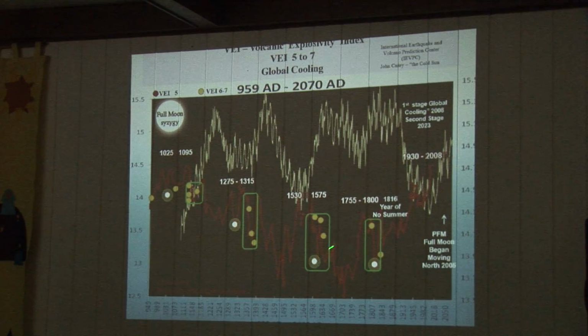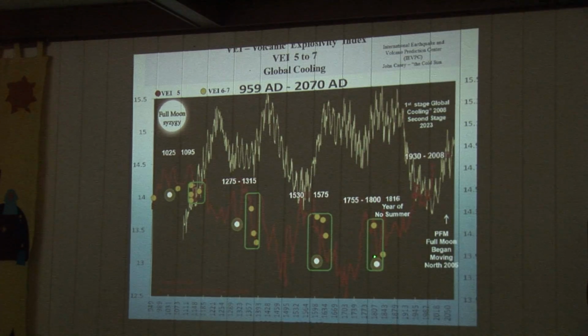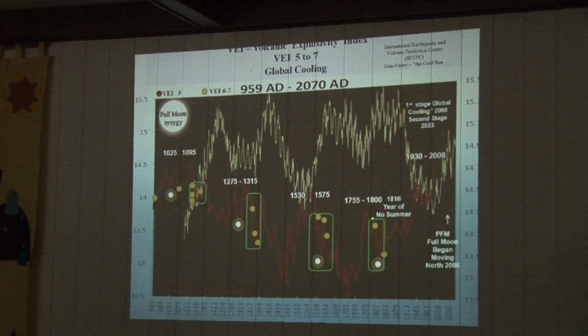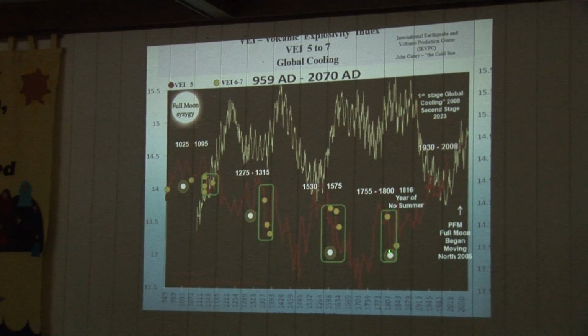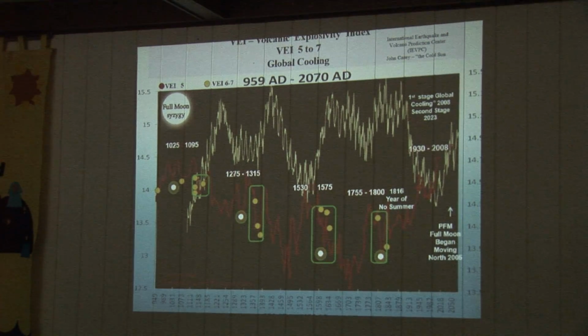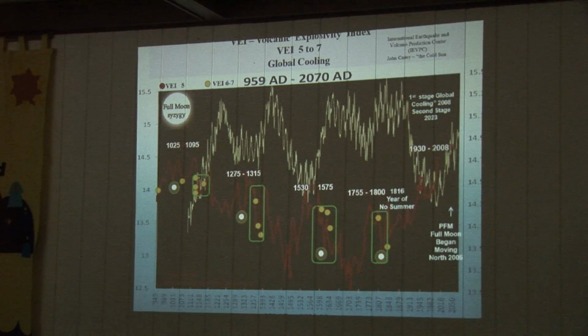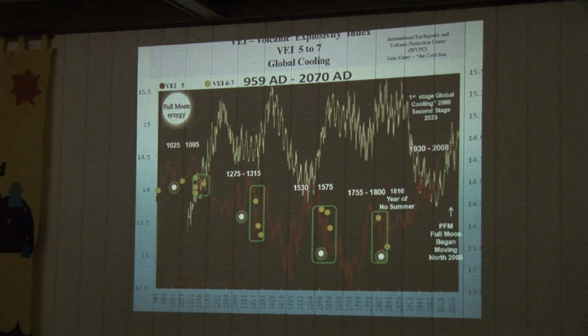Strong volcanoes. The white is a 7. The strongest you can get. And right here it was a 7. Tambora in the Philippines in 1815. And 1816 was a year of no summer. So they tie in if you get a real strong volcano during the first 20 years of global cooling. In this first 20 years of global cooling, you're just cooling off so fast, like dropping a rock. And if you throw in a strong volcano, a 6 or a 7 rated volcano,